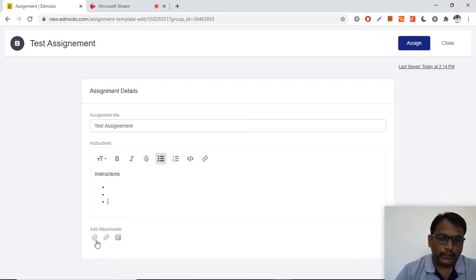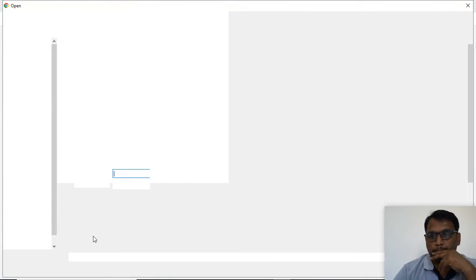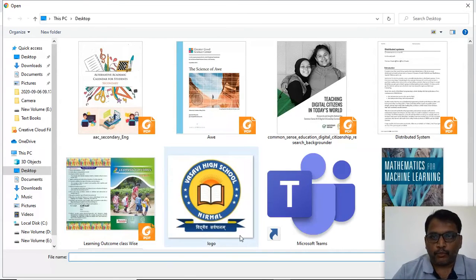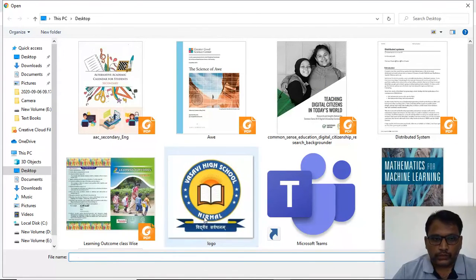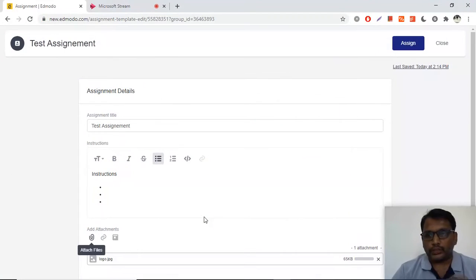And you can always attach some files, maybe PDF or maybe pictures, which can help children to do the assignment properly. You can add a link. It could be a YouTube link also. You can just attach the link there, and try to attach one picture. I'm giving one picture here.